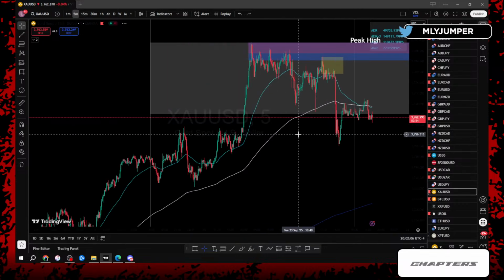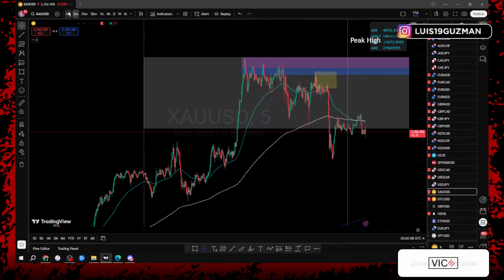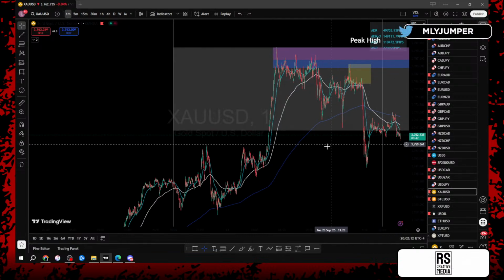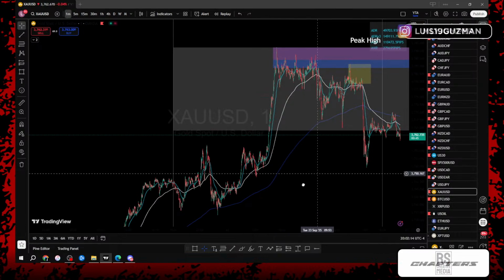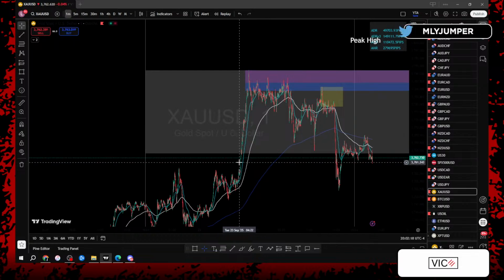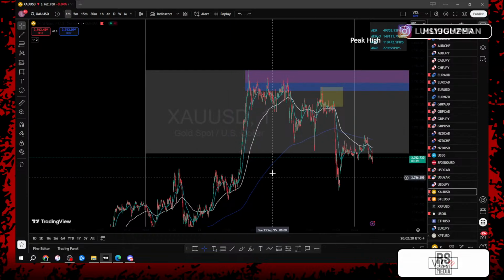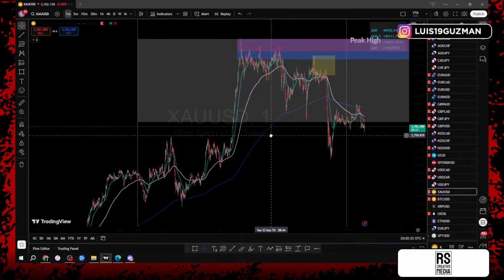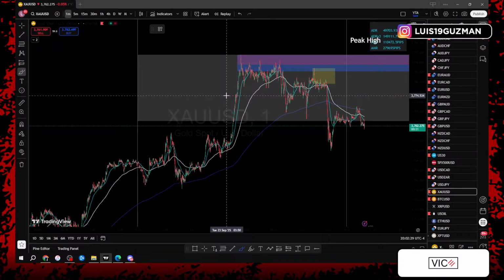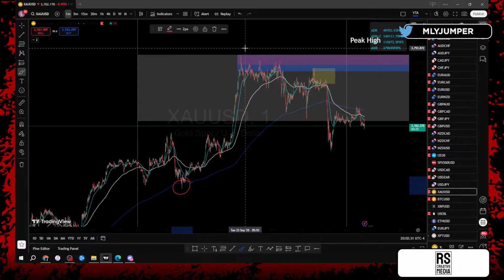So let's go down to the lower time frames. See if there's any 5-minute or 1-minute change of character breaks, but no. As soon as price gave us this last BOS, it just flew. Didn't even give us a pullback. So we have a pretty big zone on the 1-minute and the 5-minute time frame as to where structure is, right? We're trading between this higher low and this higher high.